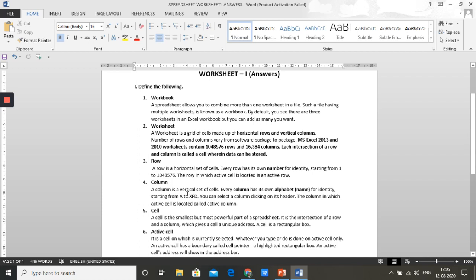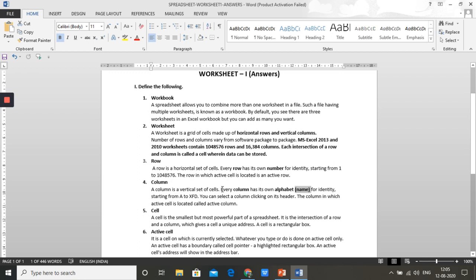Column. A column is a vertical set of cells. Every column has its own alphabet. We call it as column name. That's why I have written it within brackets. If you have not written this, that is okay, because we are slowly introducing the terminology for you. And you have seen that column has the name in the previous video.